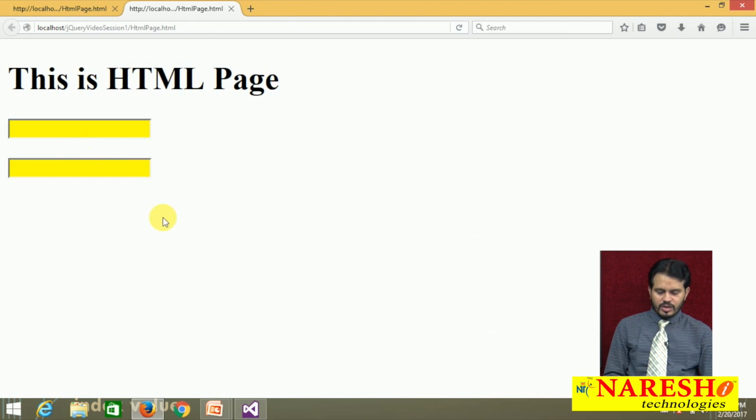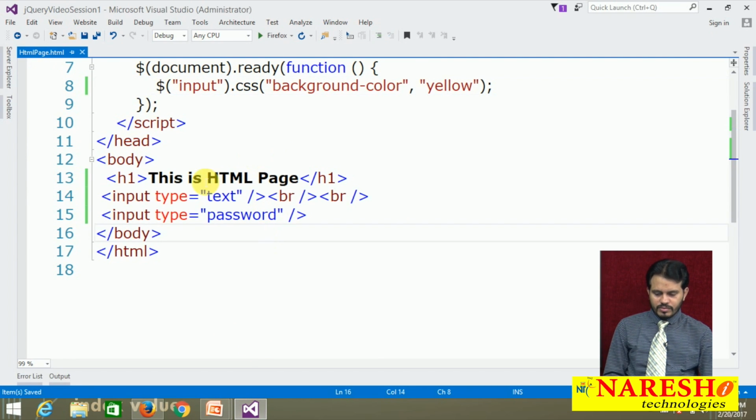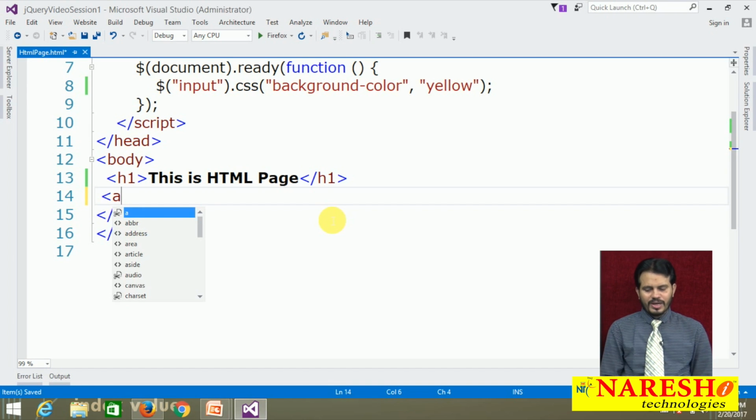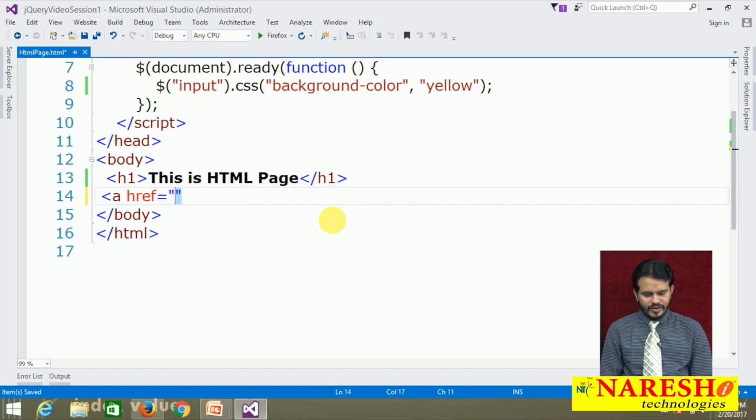So I come down here and remove this input element. Suppose I have some links on this page. I am creating two links in order to navigate from my page to some other website. Example, HTML anchor a, href equals to